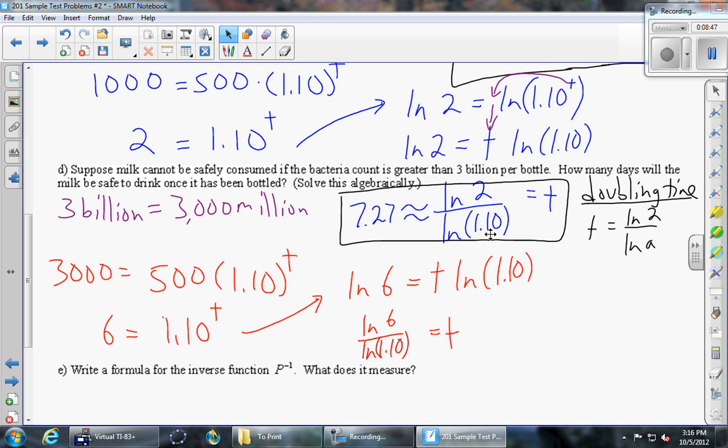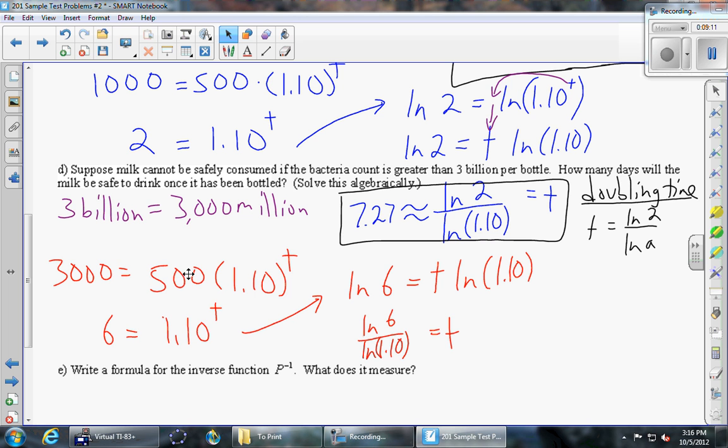Again, you probably could estimate this number. We've already figured out it takes about 7 days for the amount of bacteria to double. So we just have to calculate how many doubles it would take to go from 500 to 3,000. So one doubling will get us to 1,000. Double again to get to 2,000. Double a third time gets you to 4,000. So I'm looking for something between 2 and